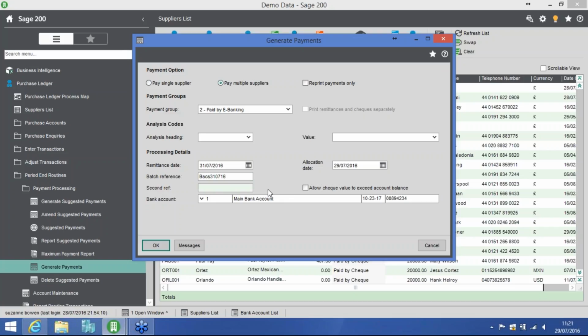You also have a second reference available to you, so maybe I'll just pop in my initials as a second reference. This prompt here is the one that I was talking about just a little while ago. So if we have a balance on an account that's less than the payment we're going to make, we can just tick this and it will allow us to exceed the account balance. We select the bank account that we're making the payment from,